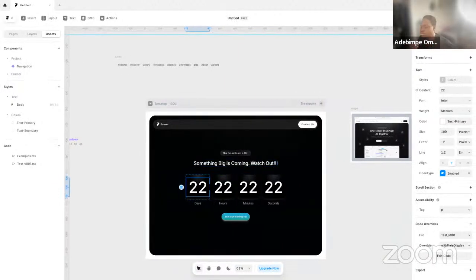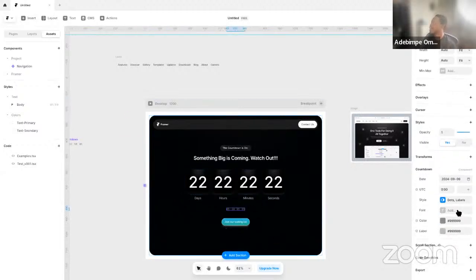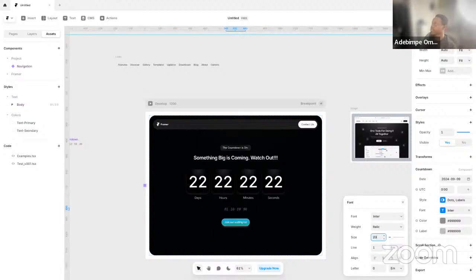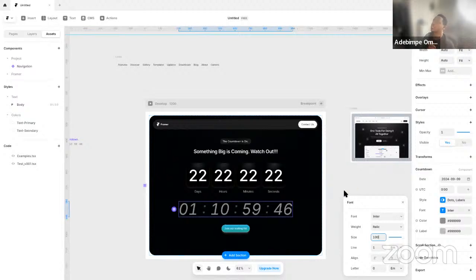Now that I'm trying to achieve a countdown, let me just show you quickly. If I click on plus countdown and drag it in, notice that I can only style everything from within this space, right? So if I want to do anything super fancy, I cannot do that. Because I cannot edit that, I have to do everything within just this limited